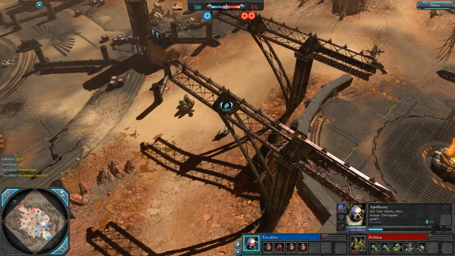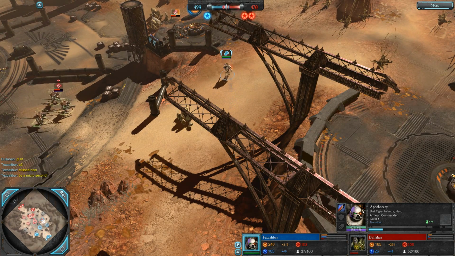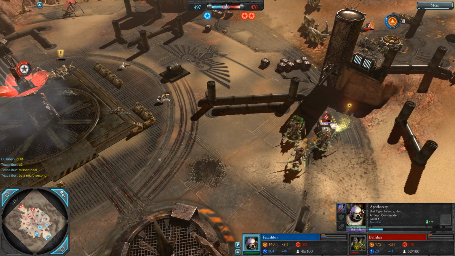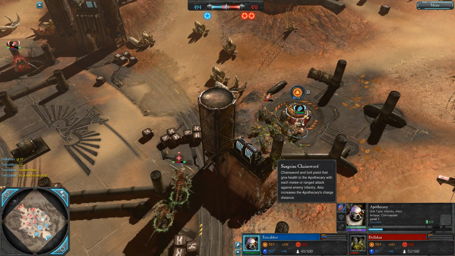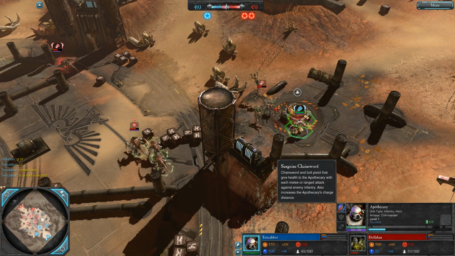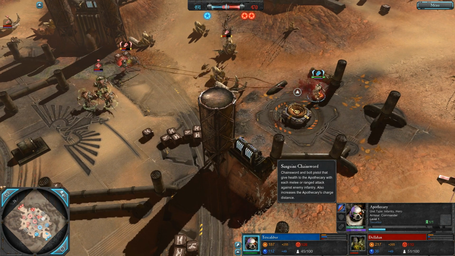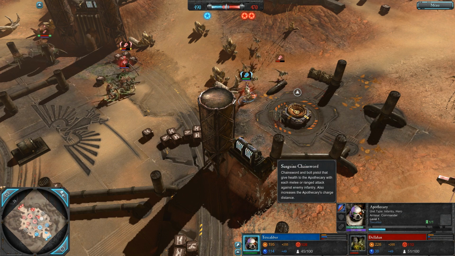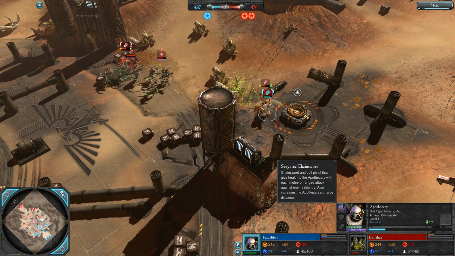His Apothecary is back. I don't know if he bought it back or if he used... Probably did not have enough red to use Laramyn's Blessing, so I'm guessing he just straight up bought it back. This Apothecary has been upgraded to the Sanguine Chainsword. I actually think that is the least commonly used war gear for the least commonly used weapon for the Apothecary, but I actually think it can be pretty good,